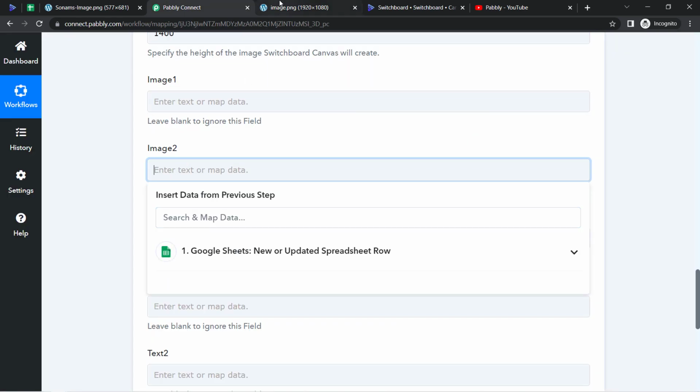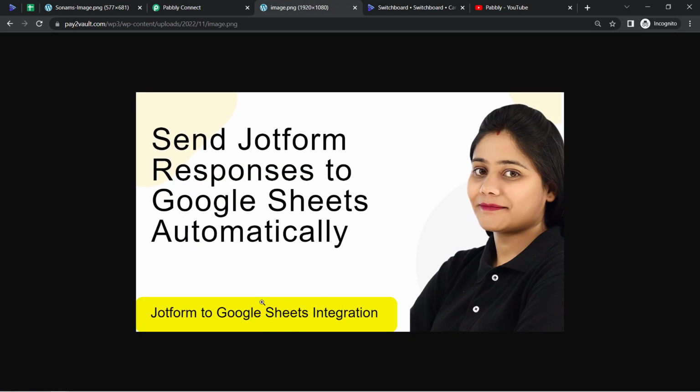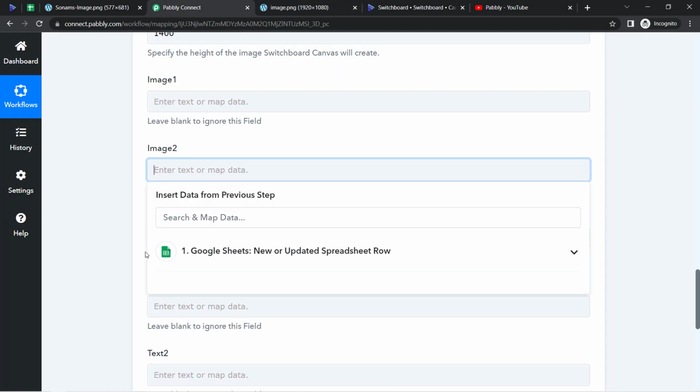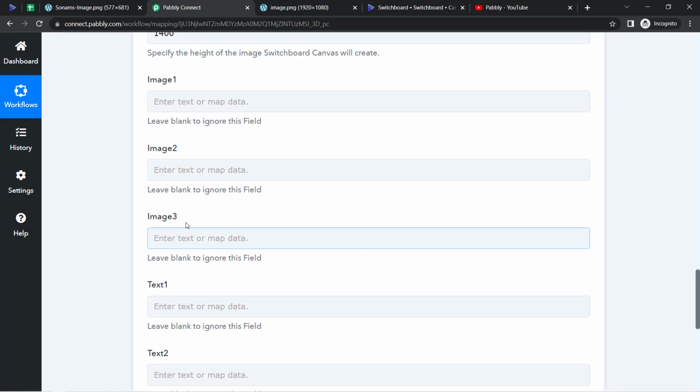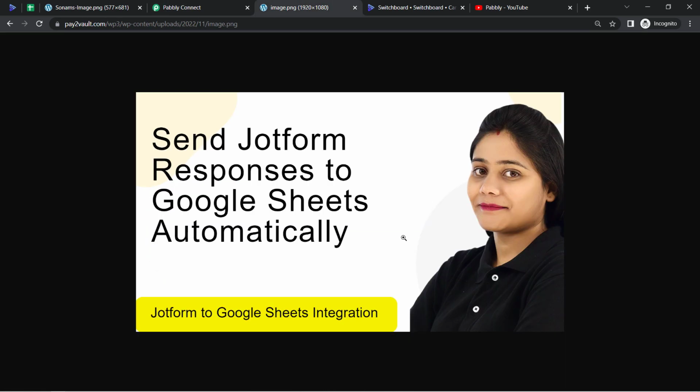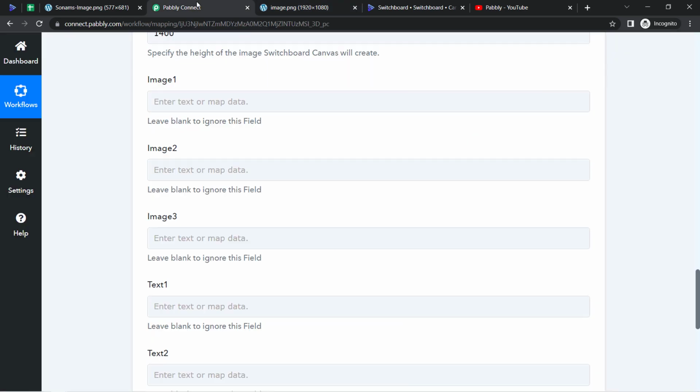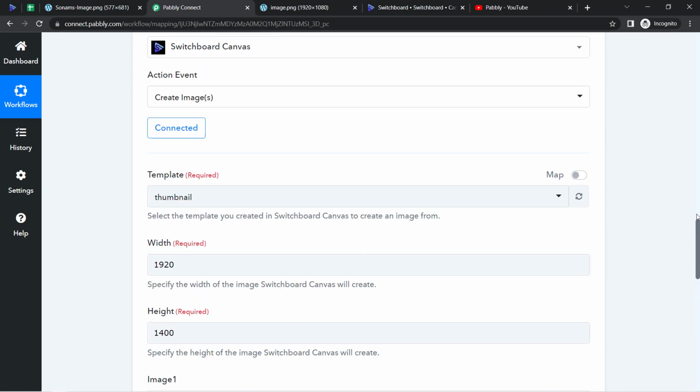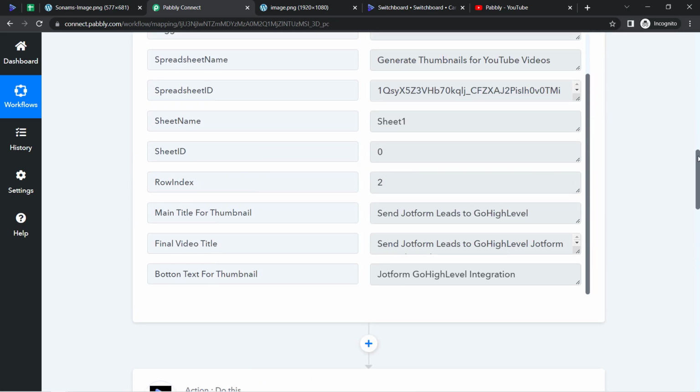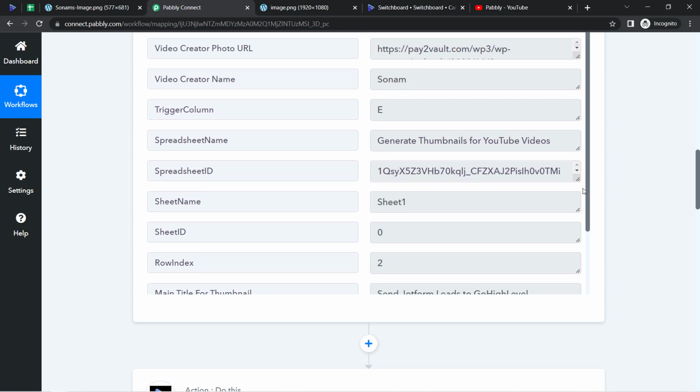And in image 2 also I have provided this yellow strip. I just need to provide the text, so I'll keep it blank here also. But in image 3 I'll be providing this teacher URL, basically the photo URL of the video creator, which we have received in the previous step. Let me even show you where is the thumbnail URL, where is the photo URL of the video creator. You can see here is the video creator photo URL, and I don't need to manually copy and paste it